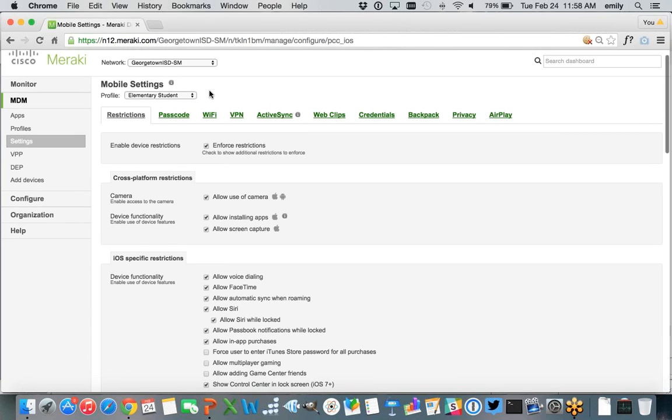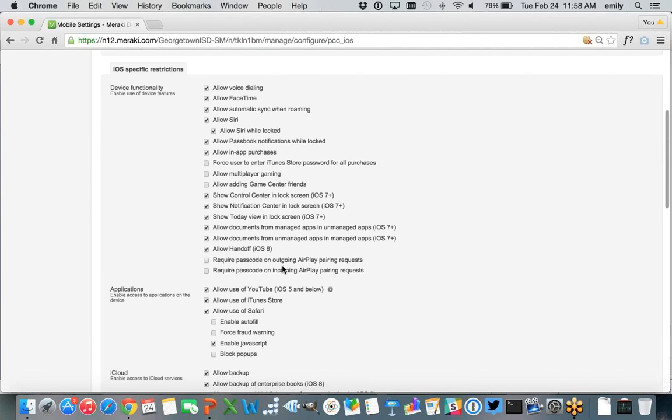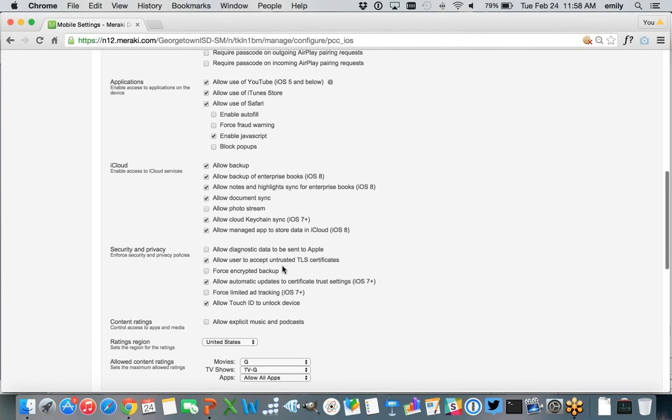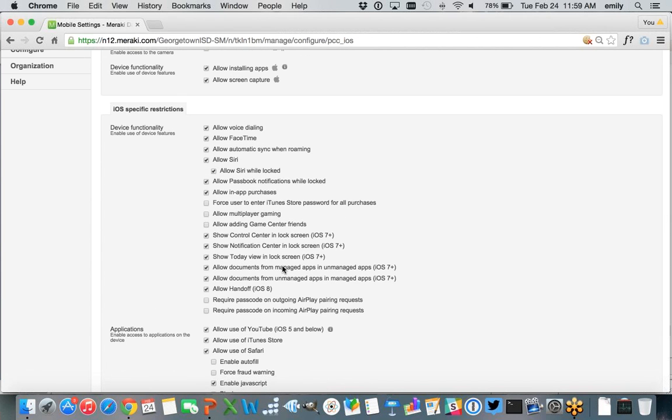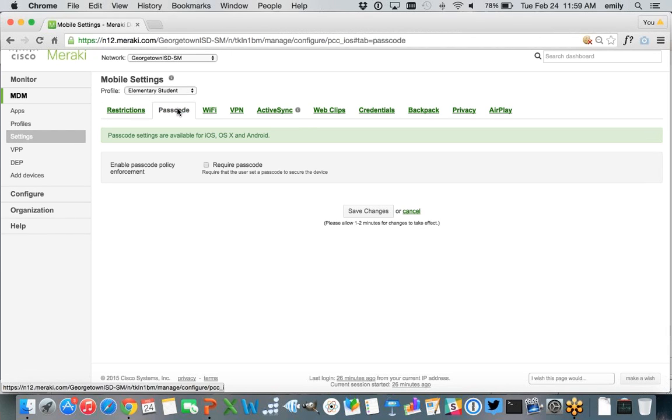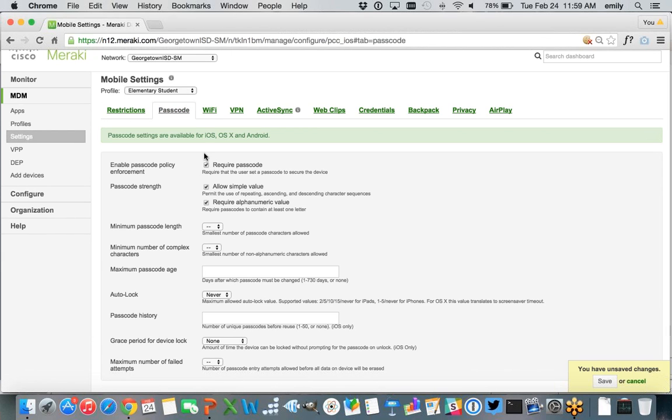And you can do this based on profiles. So you can group your devices, teacher iPads versus student iPads, that kind of thing. You select the grouping, and then you come in and decide what you want to restrict or not restrict. Everything from the types of applications you can use to actual physical features on the device, like whether they can use the camera or FaceTime or access the iTunes store and purchase things. You can set passcode complexity requirements for a device if you want.